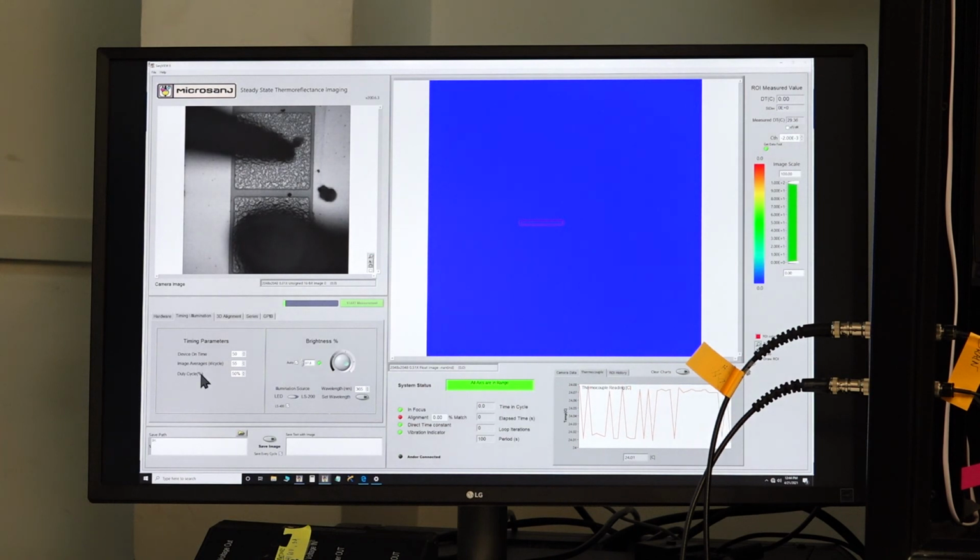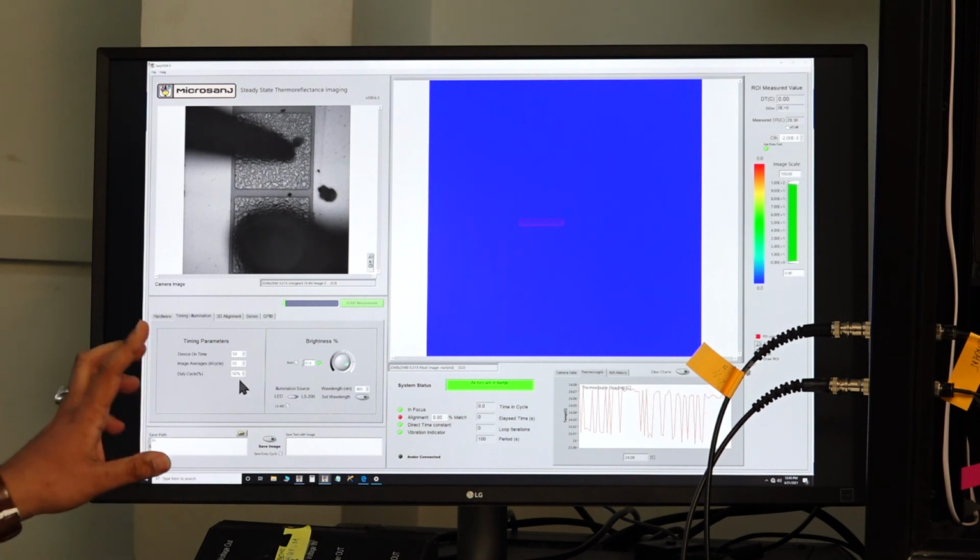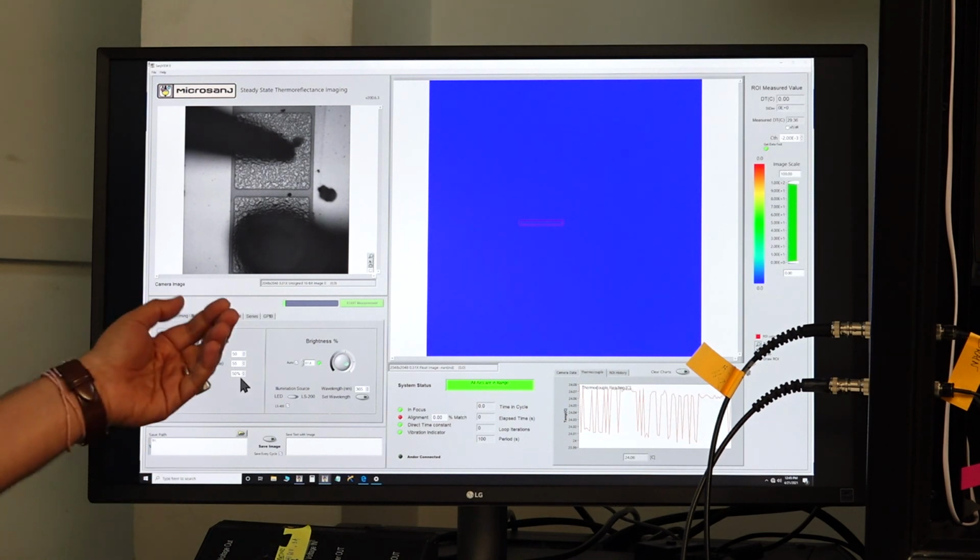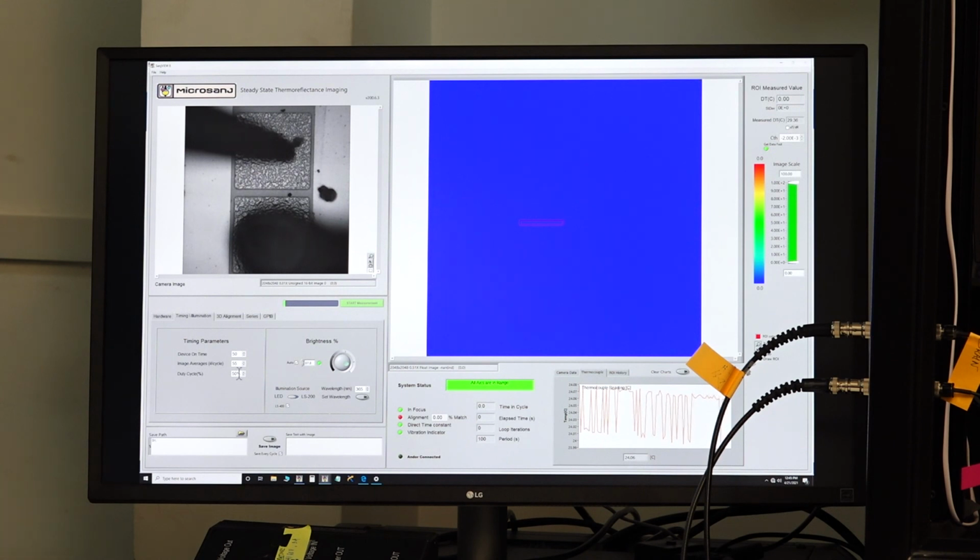Similar to the calibration module, we have this device on time, which we have selected as 50 seconds. That means that the device will get an electrical bias, in this case of 5 volts from the trigger output, for around 50 seconds. And then the duty cycle here is set to 50%. We can always lower it down, and for the time being I'm showing it with 50% only, but we should actually lower it down to a value around 10 to 20%.